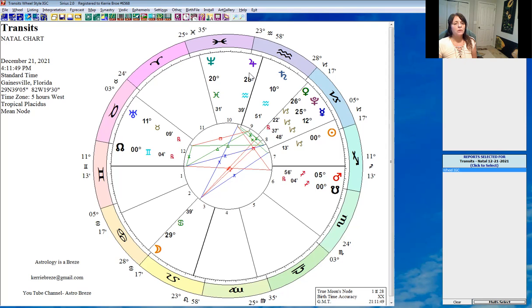Up here at the top of the chart is Jupiter. Jupiter's at 28 degrees Aquarius, and it's going to be changing signs very soon, and it will then begin its trek through Pisces. Funny thing about Jupiter's orbit, it flies through the first part of the sign, then it goes retrograde for a while, then it'll finish up. So remember, Jupiter spends a year per sign, more or less. So it will speed through